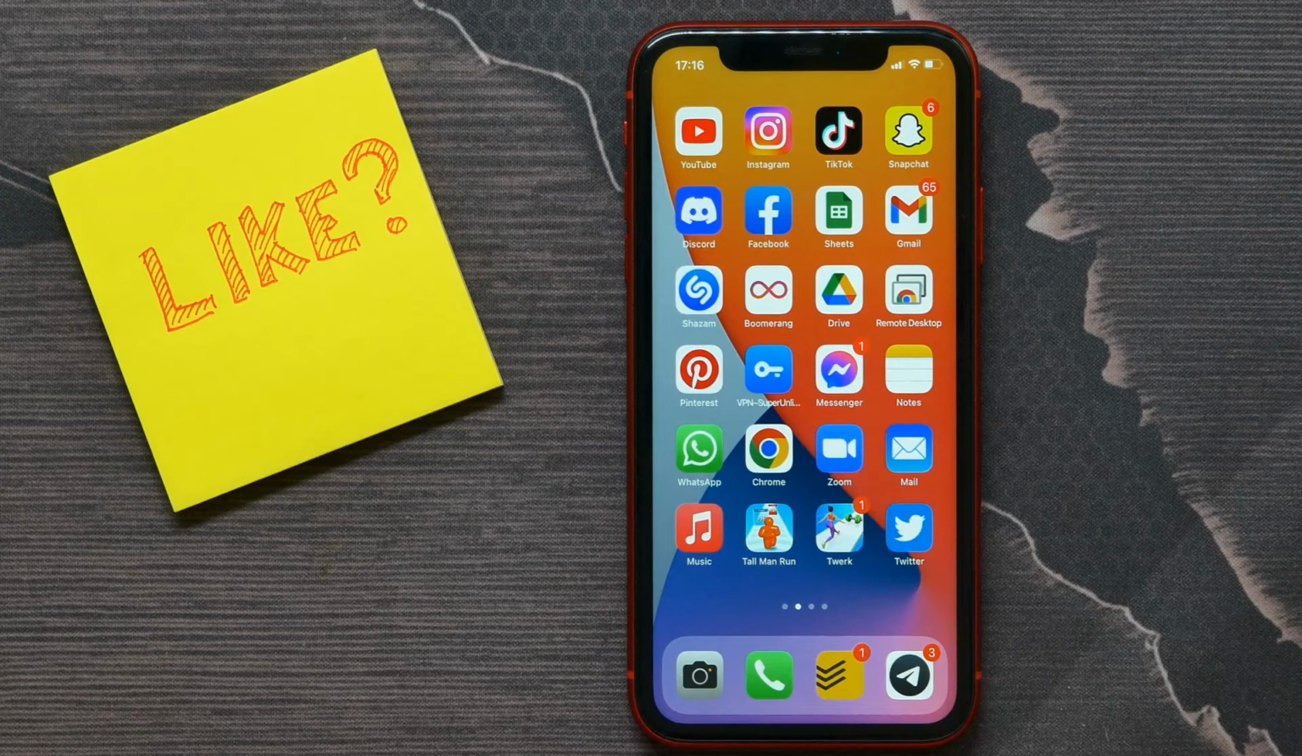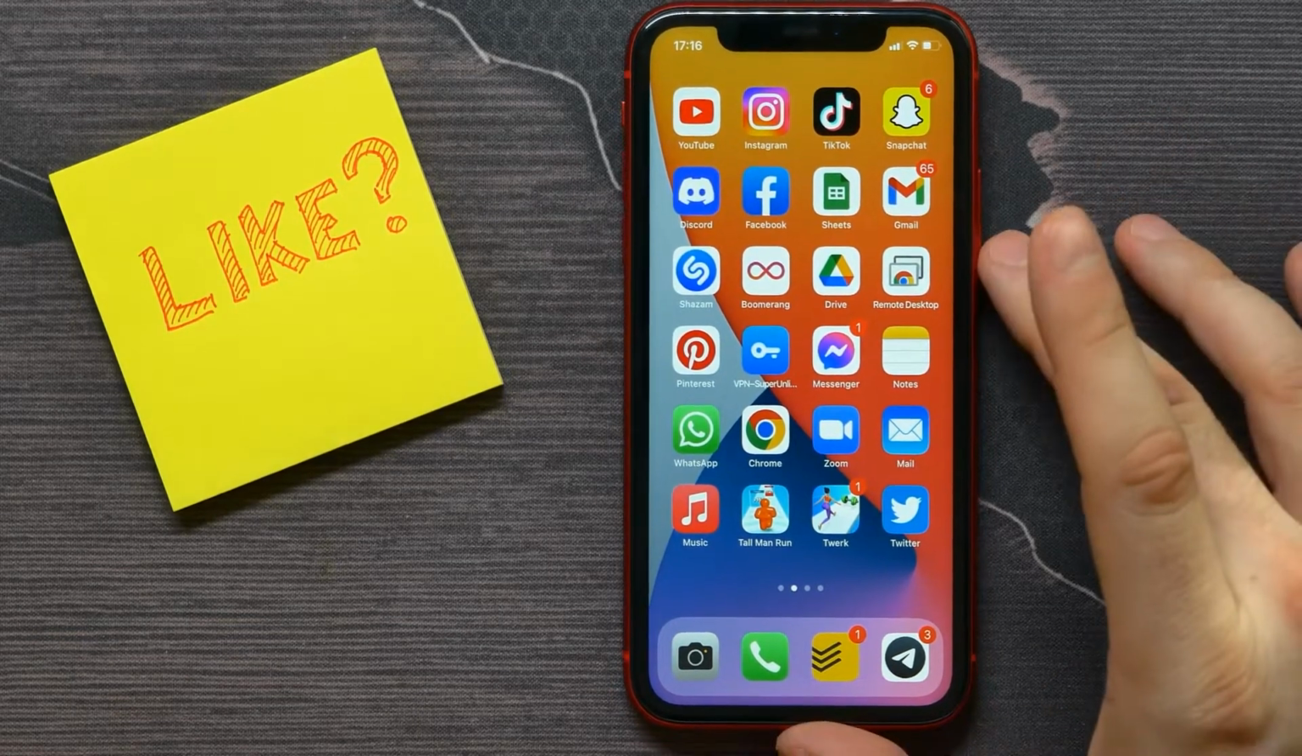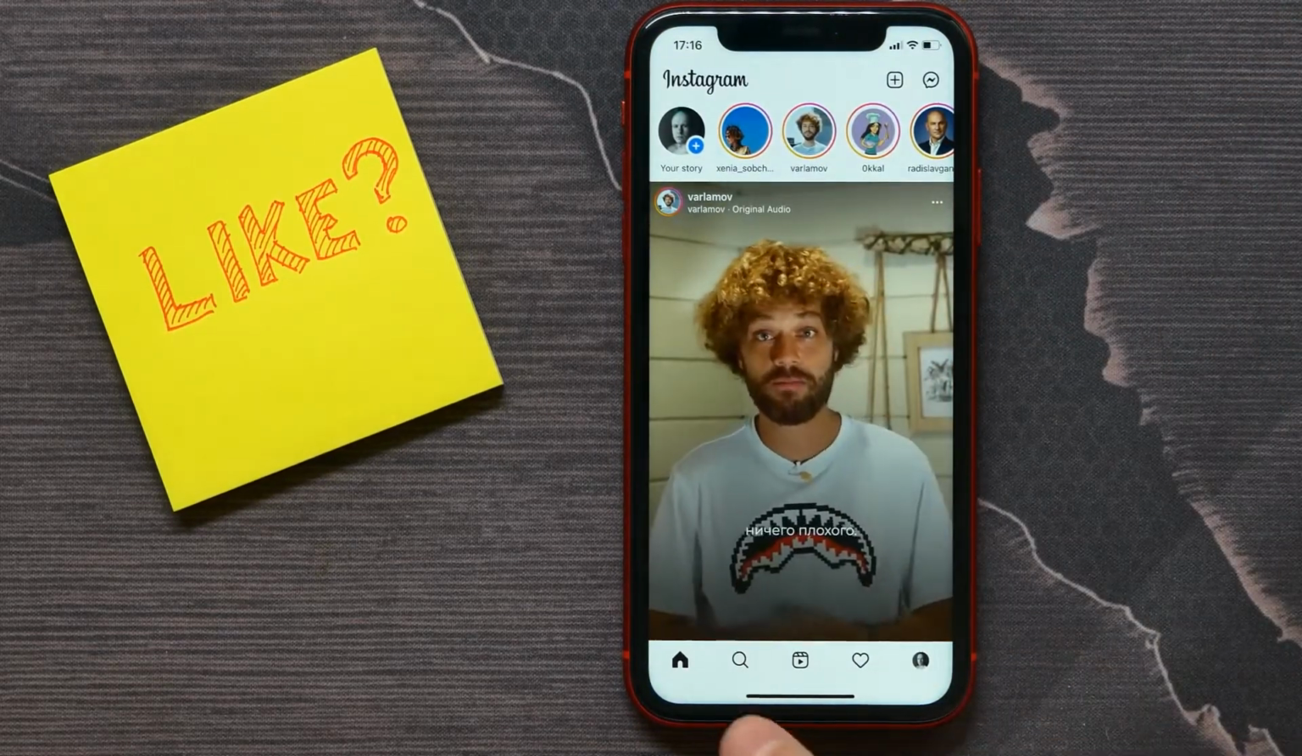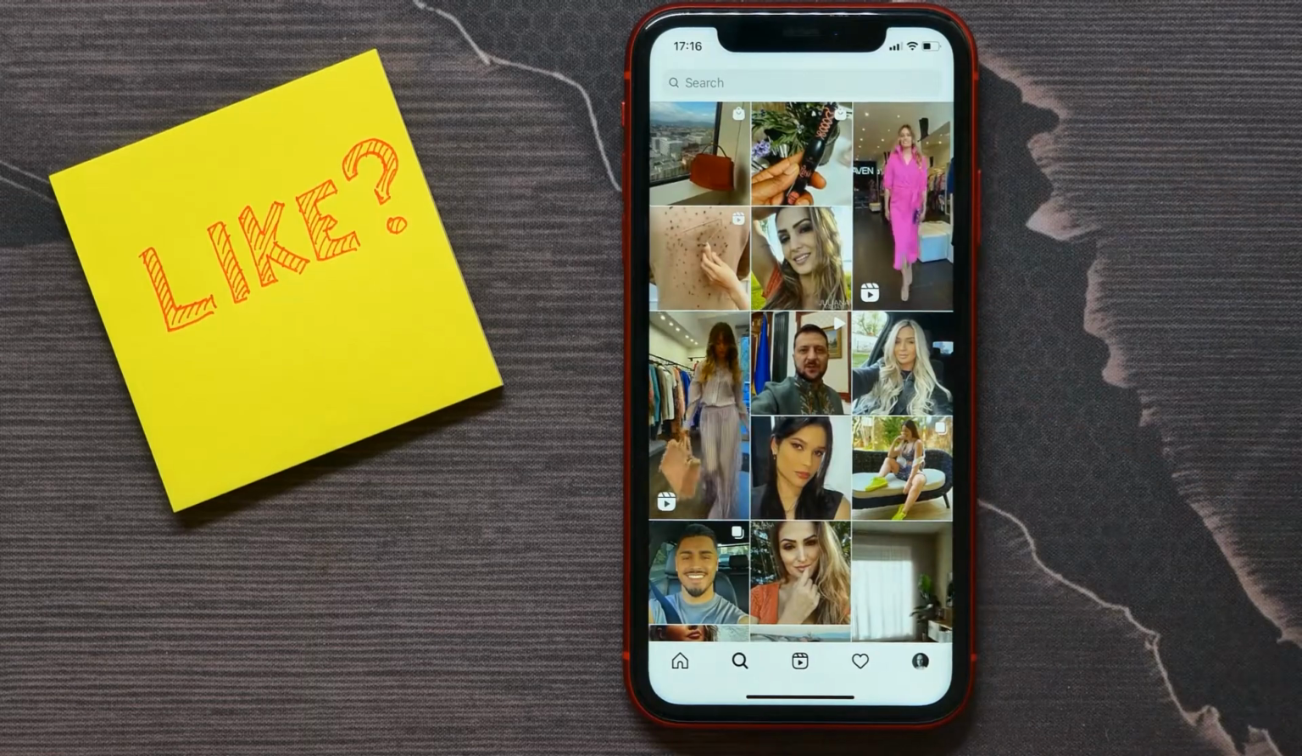In this video, I'm going to show you how to reset Instagram Explorer page. That is quite simple and easy, so let's begin. First, open up your Instagram and then tap here at the search icon to get to your Explorer page,